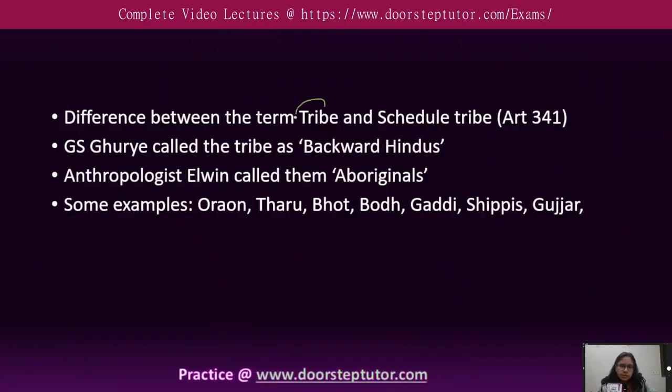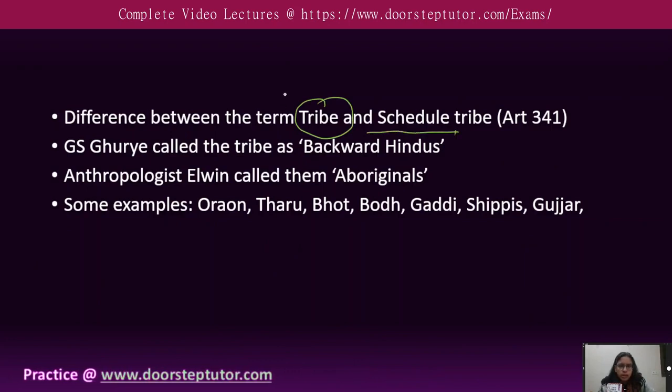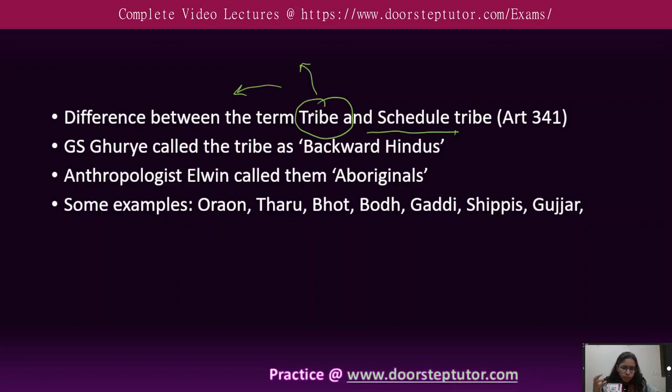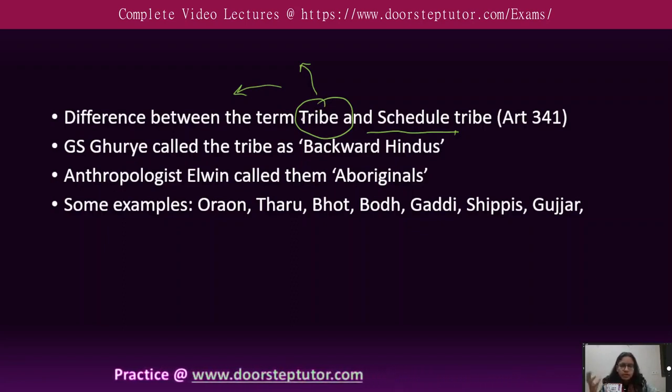There is a difference between the term tribe and scheduled tribe. Tribe is what we are calling them, but this term was used by the Britishers to categorize them as backward people, or to manage their forest produce and rule over them. They made acts like the Denotified Tribes Act, and many derogatory terms were used. They used to consider tribes as criminals basically, because they were not civilized. They used to behave very violently when they saw outsiders in their areas, and many peasant revolts also happened because of the Britishers' intrusion in tribal areas.